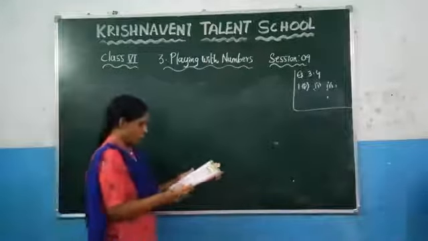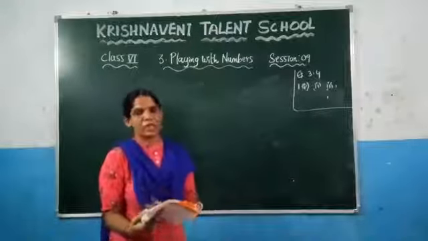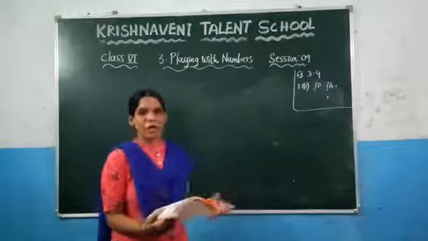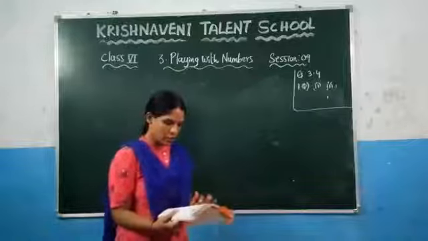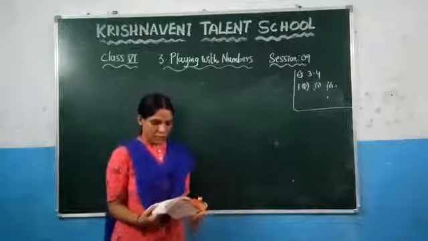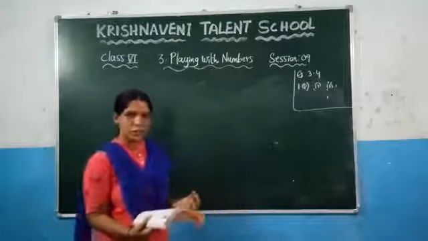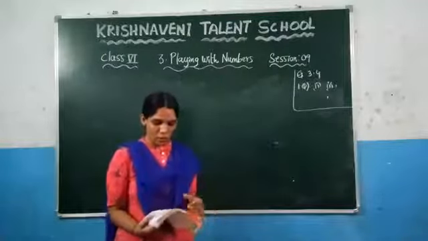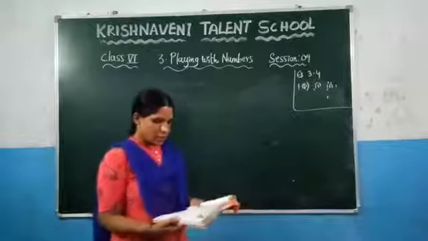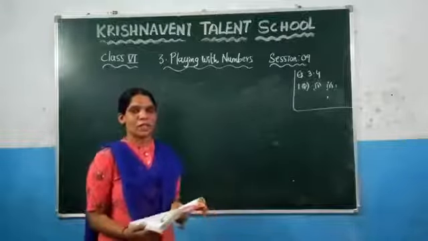What is the second problem given here? Find the largest number which is a factor of each of the numbers. You need to find the largest number such that it is a factor of all these given numbers. If you see the word largest or greatest in a question, there is no need to think, you just need to find the HCF. Suppose if you see the word smallest, then you need to find the LCM, which we are going to discuss in the next session. Here in the question they ask to find the largest number, so you need to find the HCF.